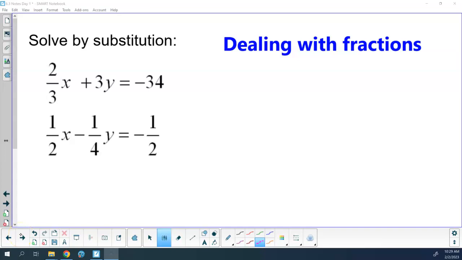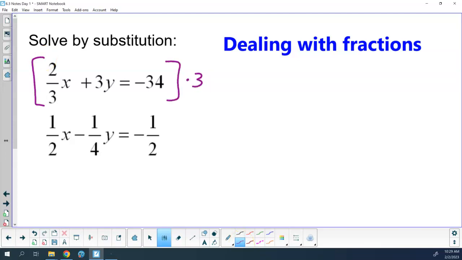So you got fractions, right? How can we do it? Get rid of them. So what do you want to multiply by? Either one. You tell me. Top one? Okay. So multiply the entire top equation here